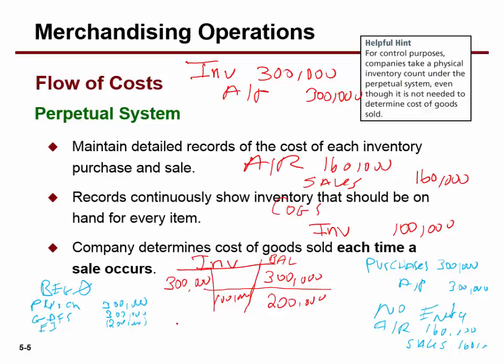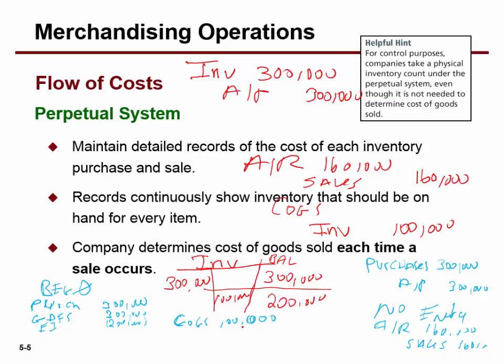And so that means I'm going to write it over here. My cost of goods sold is what? It's 100,000. You're like, well, yeah, I know, John, because I just looked at the perpetual. And yeah, if you have a perpetual system, you wouldn't have to go through this calculation to figure out the cost of goods sold. But if you're on the exam and I give you that set of information, you still should be able to back into your cost of goods sold, right?